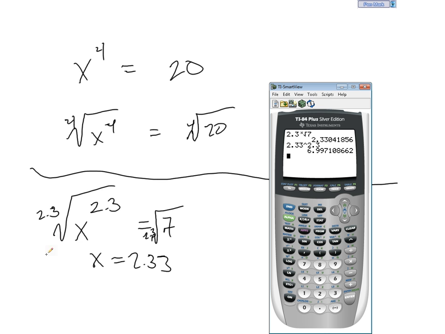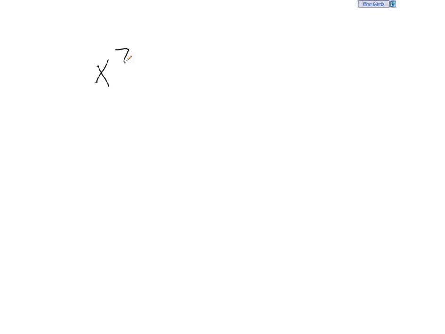Now, rather than having to deal with all these radicals and so many symbols, let's think about one of the properties that we've already encountered. So I'm going to throw another problem out there. x to the 7th equals 15. So what number times itself 7 times gives me 15? Alright, well, we already know this property, that a value raised to a power raised to another power allows me to multiply. Well, rather than take the 7th root of both sides,